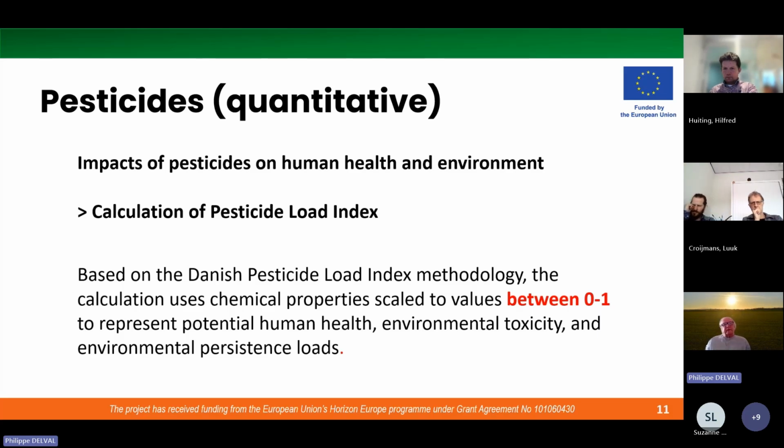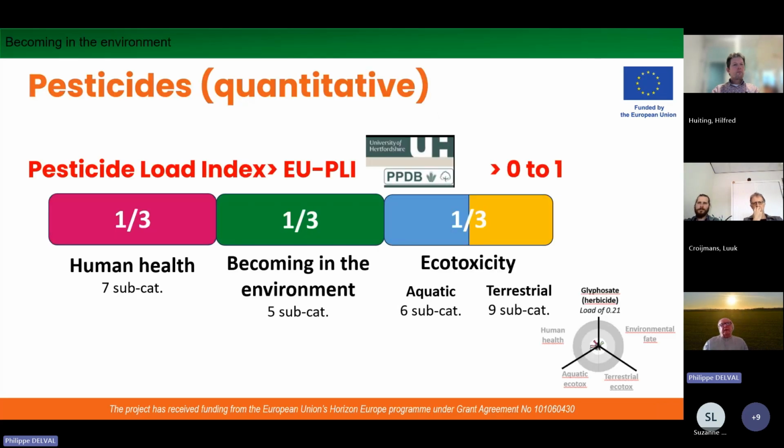This index is based on the work that the Danish people from Aarhus University did before, with the calculation of chemical properties to represent potential human health, environmental toxicity, and environmental persistence loads. And the value is between 0 and 1. For this, we use the PPDB to qualify all the pesticides used,